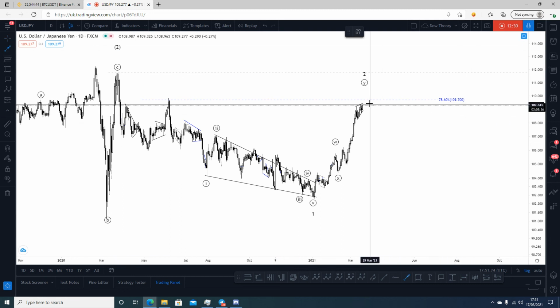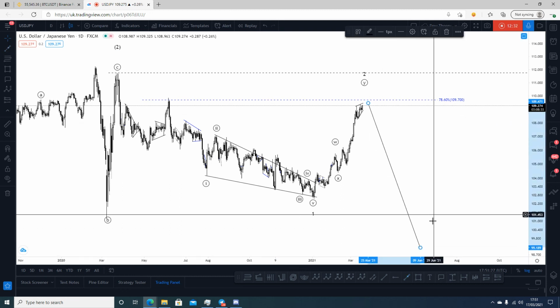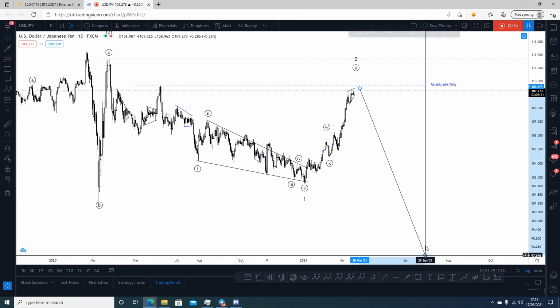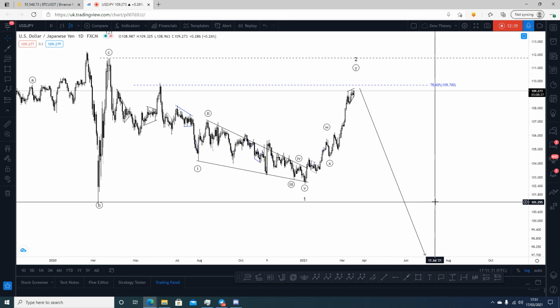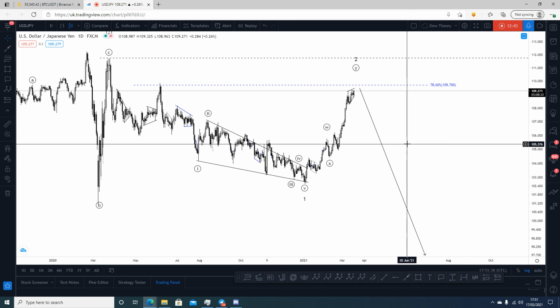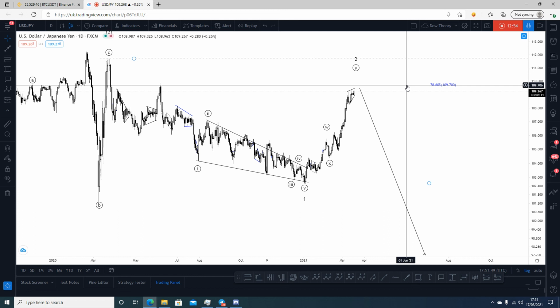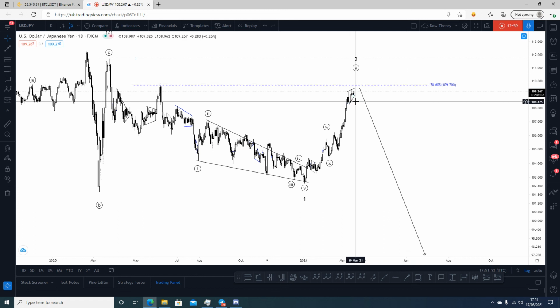Now, if you do see a devastating wave in the dollar, what does this mean for USD JPY? Well, this also means that we could see a major sell-off in USD JPY as well, which is something I would definitely be expecting in the near future. So if you remember at the start of the year, I was looking at USD JPY for one of my picks, and by the looks of it, it's going to manifest. So it's reaching that 78.6% retracement, as I talked about some time ago. And if we get that reversal, guys, do we have ourselves an opportunity?